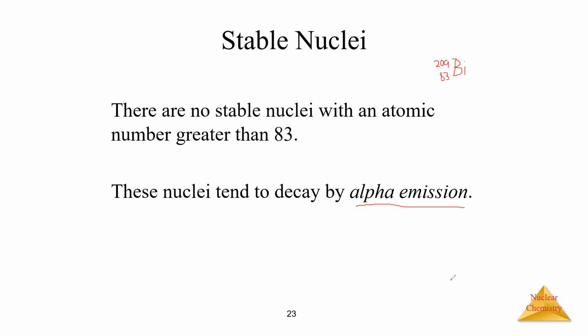But with the bismuth 209, its half-life, and we'll talk about half-life more later in the quarter, it's essentially just a measure of how long it takes for 50% of this radioactive substance to decay into whatever that product's going to be. We'll see with the bismuth, or at least with one of the isotopes of bismuth, the half-life is going to be on the scale of 10 to the 19th years. So it's going to be a tremendous amount of time. So for all intents and purposes, it's a stable nuclei, just because we could still do whatever we want with it. It's not going to decay in a